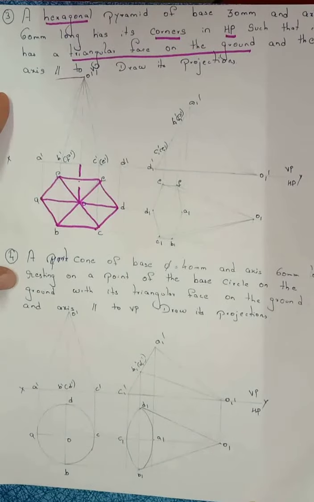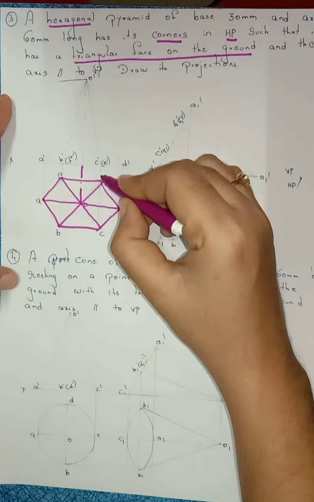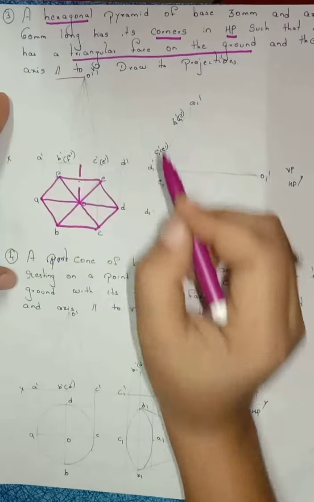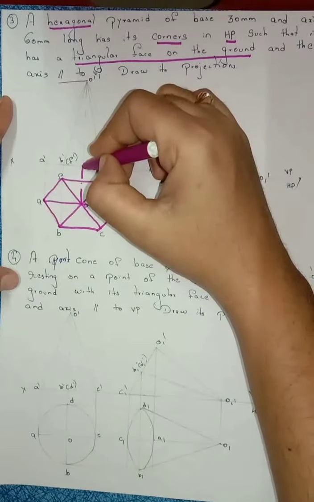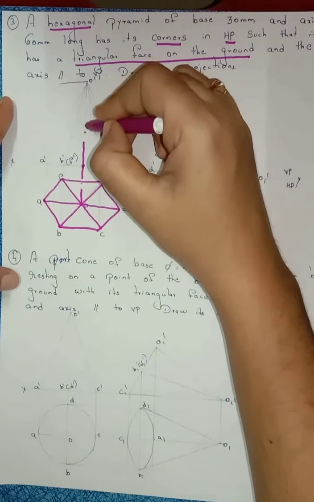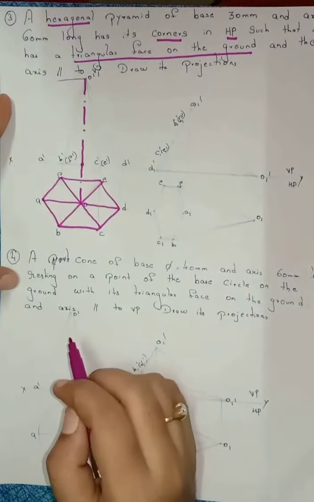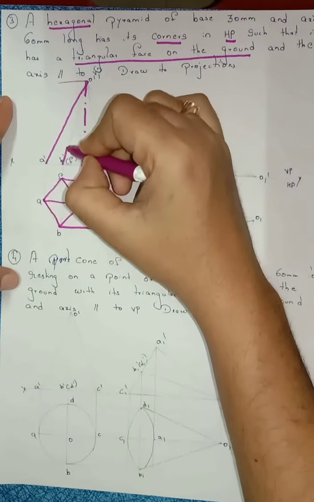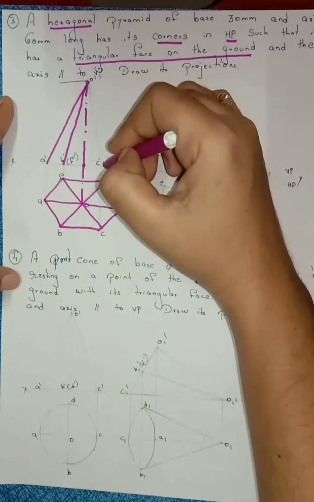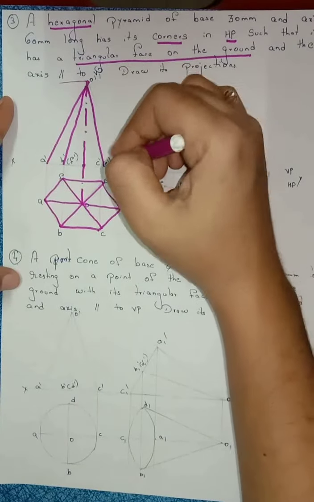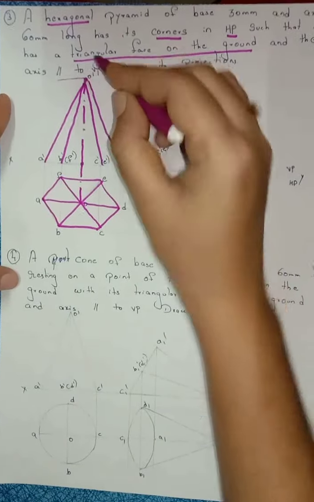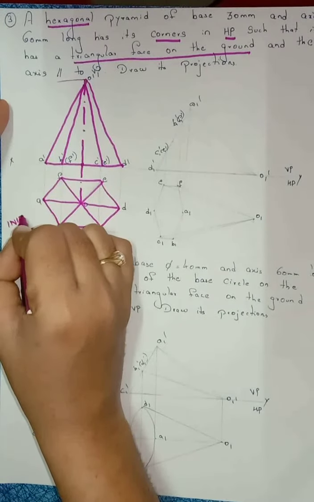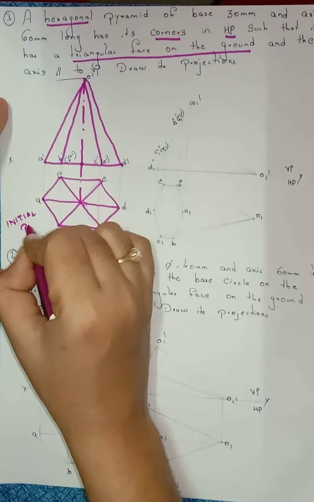draw a line till this reference line. Project all these points till the reference line. E, C, D, F, B, E, A, reference line. Now from this reference line, how much is the axis height here? 60 mm. Right? After that, join here A dash to O dash, B dash, F dash to O dash, C dash, E dash to O dash, and here D dash to O dash. This is the initial position.